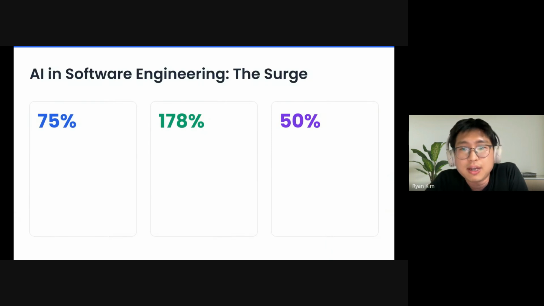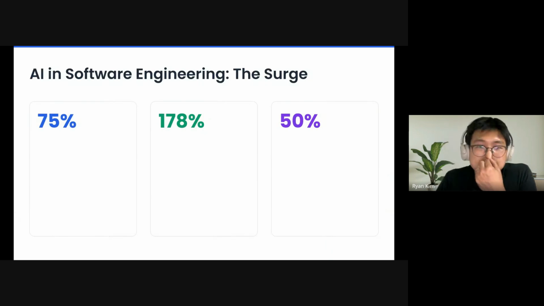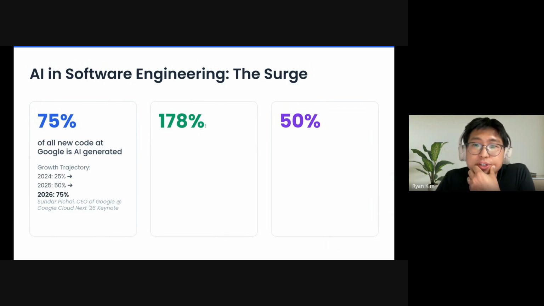Okay, let me start with three numbers. First one, 75%. This is the share of new code at Google that is now written by AI. Sundar Pichai said this on stage at Google Cloud Next, and the exact phrase he used is important. He said, AI generated and approved by engineers.